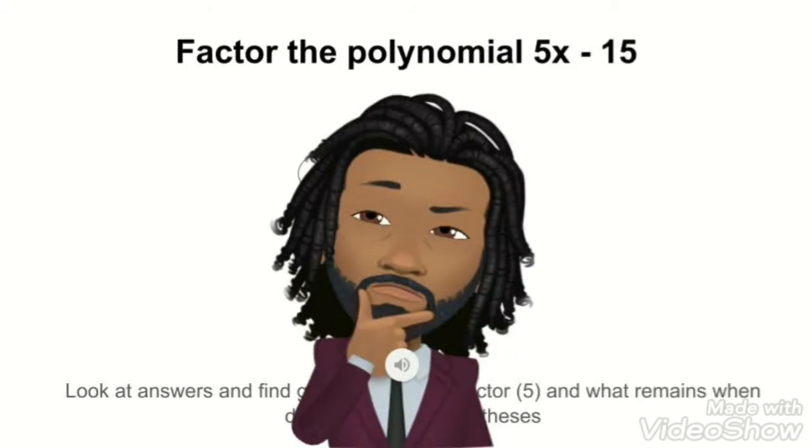Okay, it says factor the polynomial 5x minus 15. Factor. Do you remember what factor means? If not, you'll have to go back into your algebra glossary. I'll give you a minute to do that. Now, for those of you who know what that means,